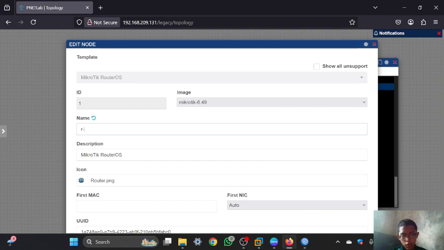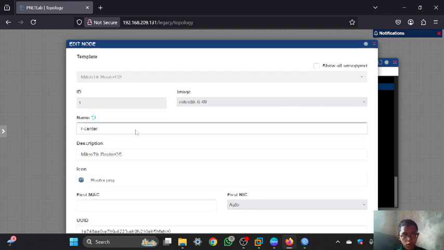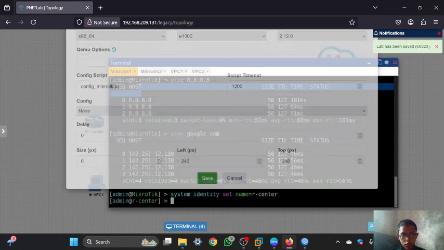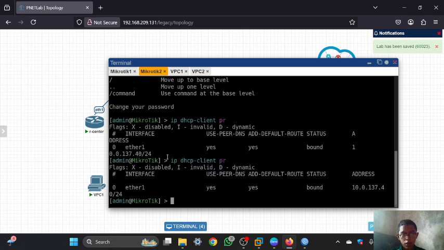Router center and save. And also I will set the hostname in the MikroTik too. Close it in here.